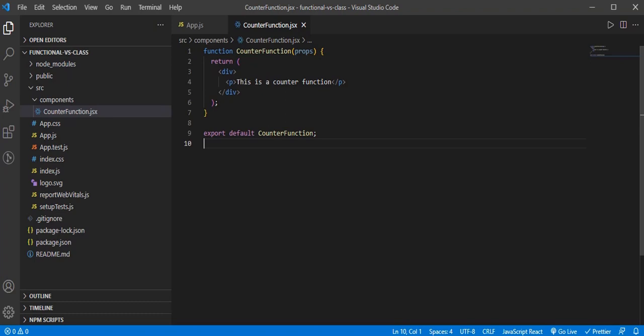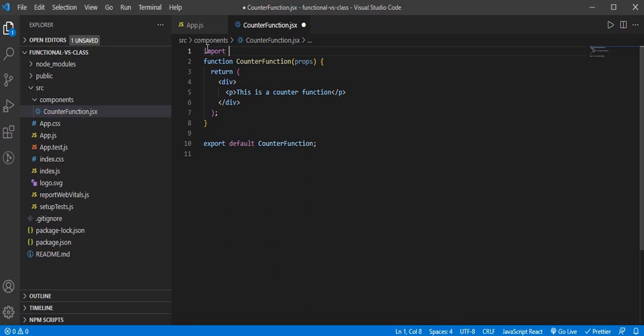Now this counter function is supposed to increment and decrement a count value. So we need a state for putting a count value into it. For creating a state in a function component, we have to use the useState hook. Let's import useState. Import useState from React. Now we just write